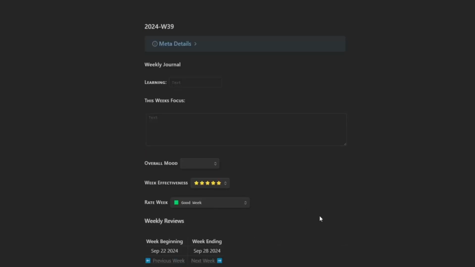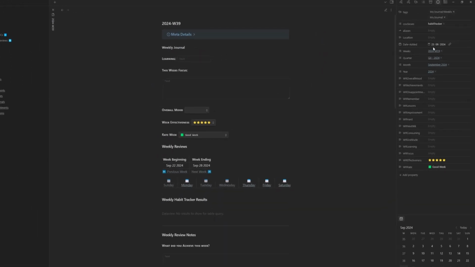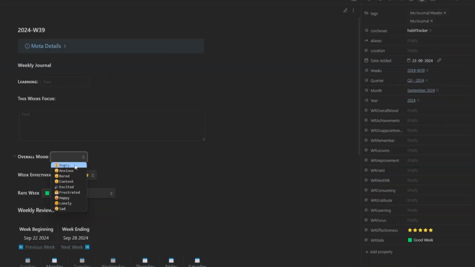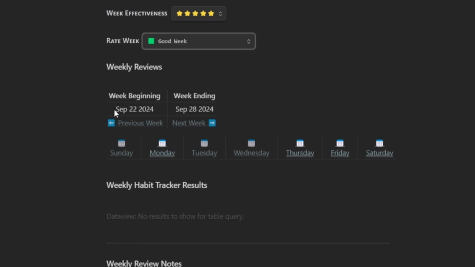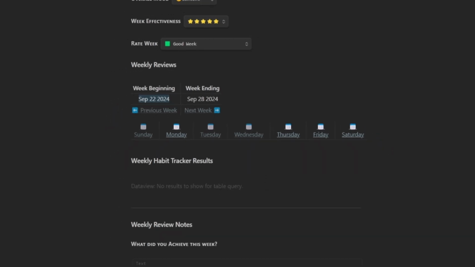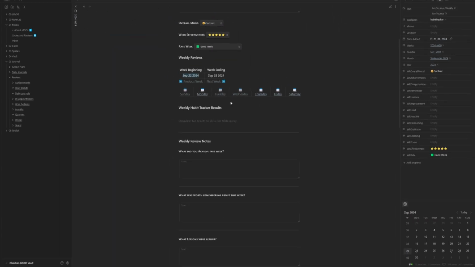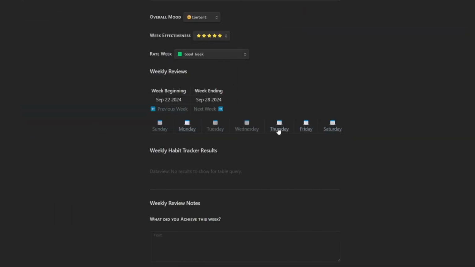We can see our templated code is being pulled in. We also have our dates to the right-hand side here. Once again, go through and test that all your fields are working. So we can see the week is beginning on Sunday, then ends on Saturday. Because we've entered in daily journals on Saturday, Friday, Thursday, and Monday, they will appear here. So we can see we've got a link to Monday. We have a link to Thursday,